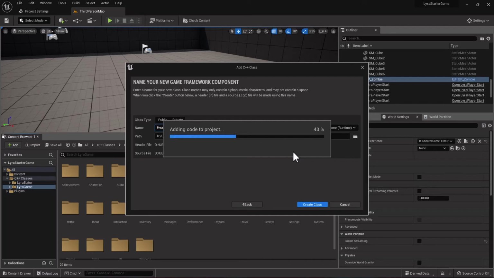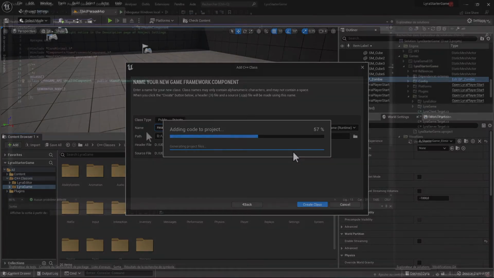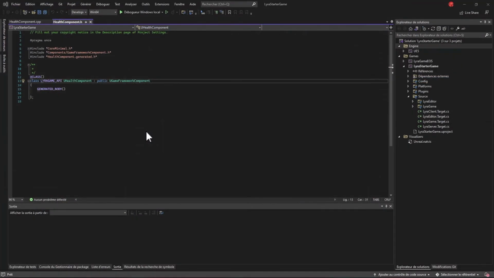This component will manage the health of the zombie. So its life points will be managed here, and the take damage action will also be managed here. Now we will add some logic to the component